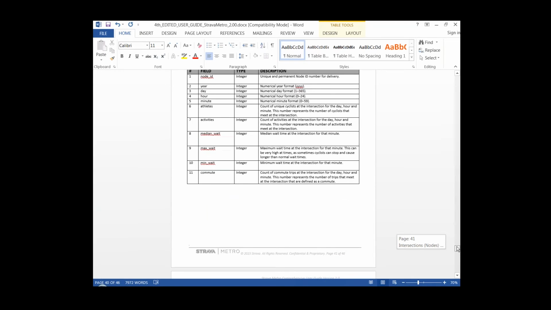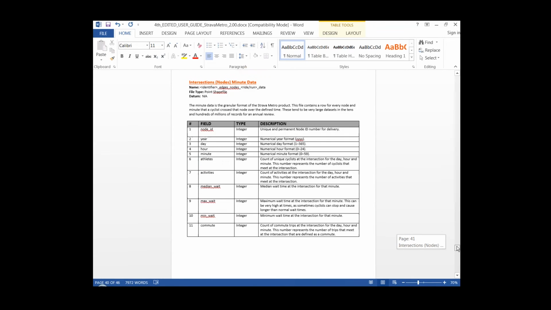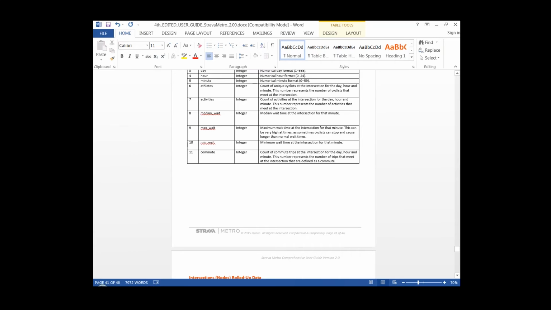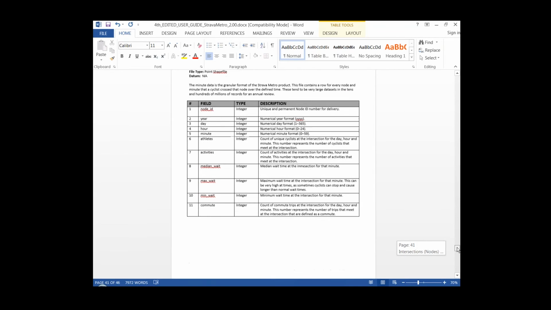Okay, so not to go too much into detail, but this user guide really has a lot of information associated with it. It's a really good reference point to go back to if you're like, I don't understand what this column is about or what is it trying to show me. It's probably a good time to talk about